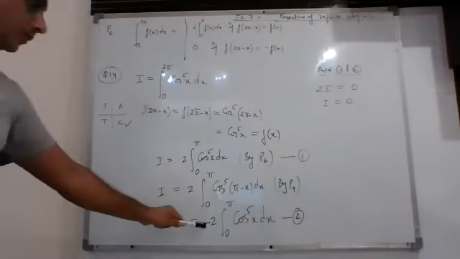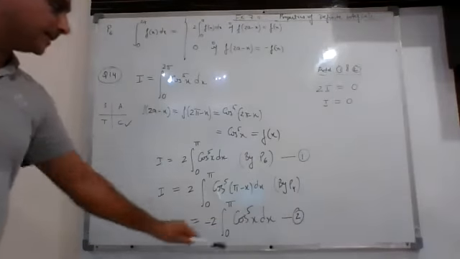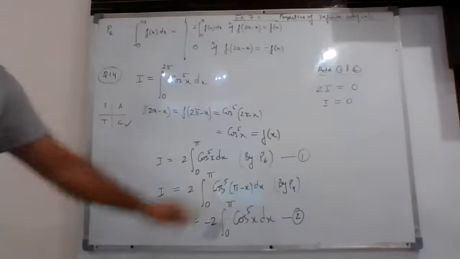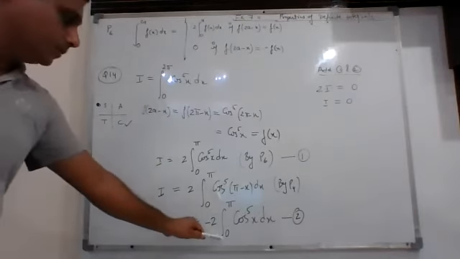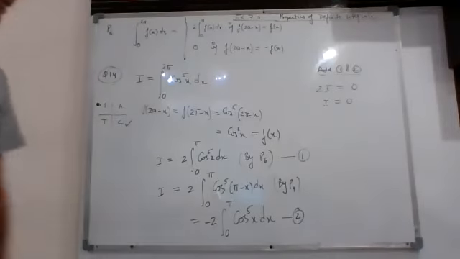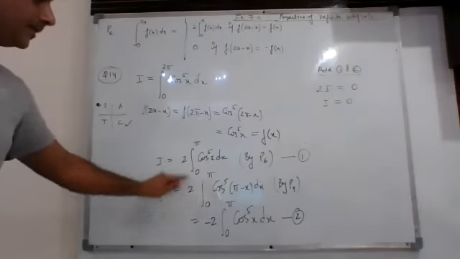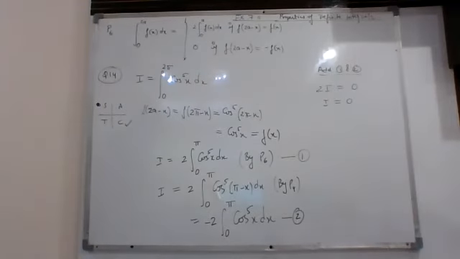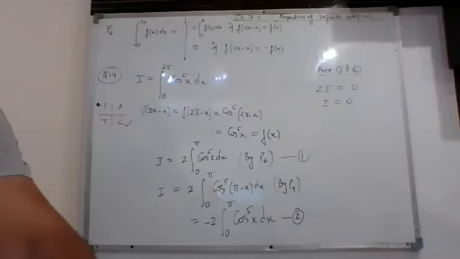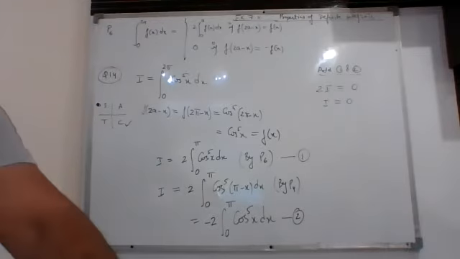So that is coming out to be minus 2 cos to the power 5 x dx. Why is it so? Because this is cos of 180 minus theta. In the second quadrant, cos is negative. That is why you are getting this minus 2 times the integral from 0 to pi of cos to the power 5 x dx. Now when you add 1 and 2, you will get 2I is equal to 0. So that means I will be equal to 0. So this is how you can do this particular question based on P6 property.